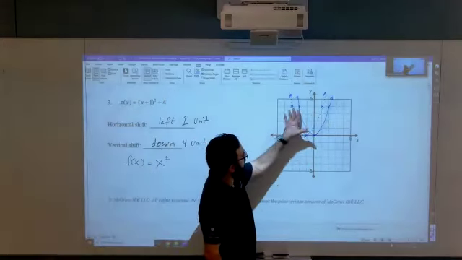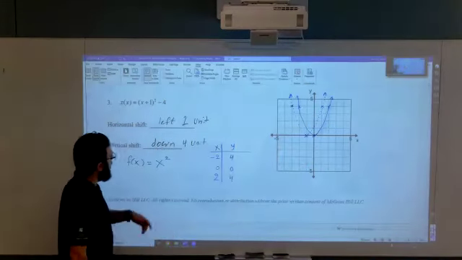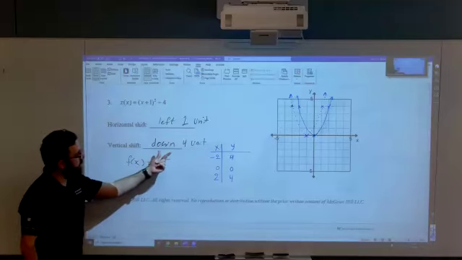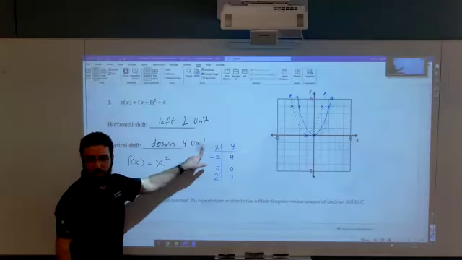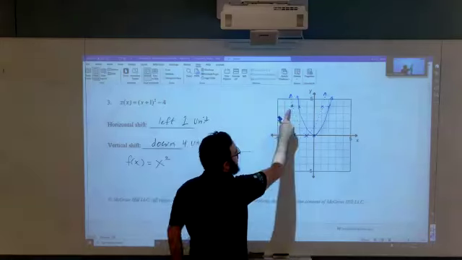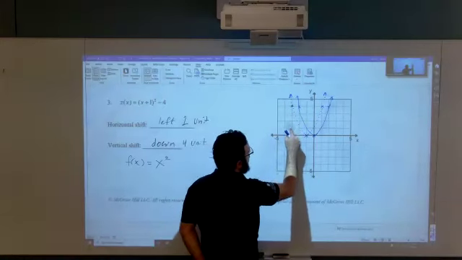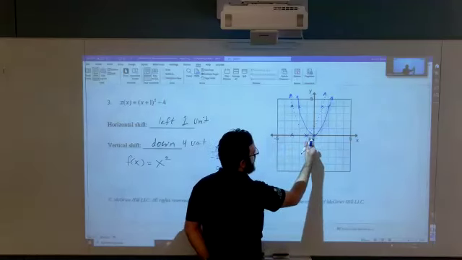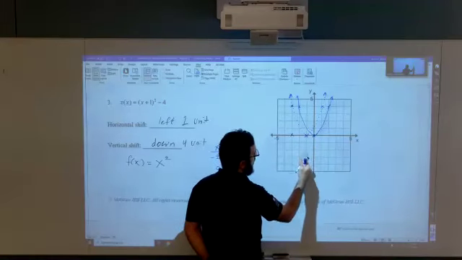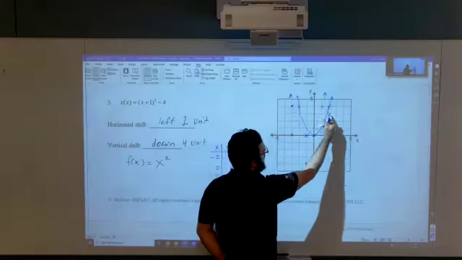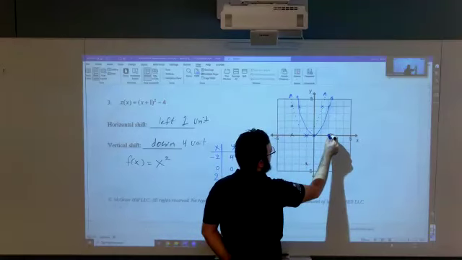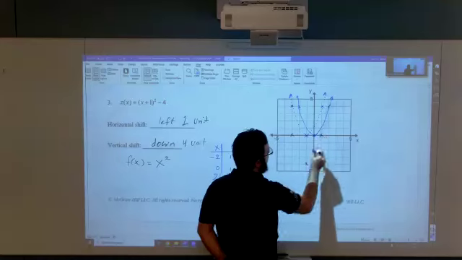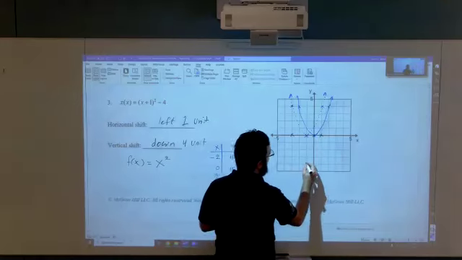Each point shifted to the left 1 unit. Then each point we're gonna shift it down how many? 4 units. Here is the new 1, 2, 3, 4. So the new location is going to be here. This point here, 1, 2, 3, 4. This point is going to be here. So the new graph is going to be